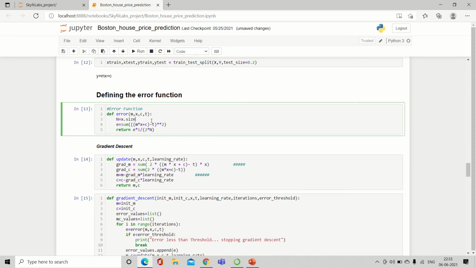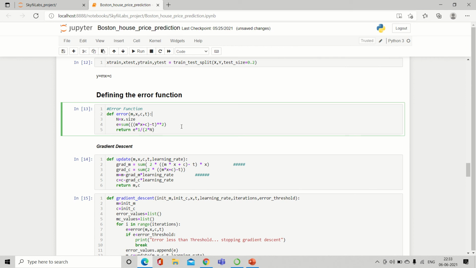So here we are going to define the error function. The parameters for error function are m, x, c, and t. Here m is the slope, x is the training value, c is the intercept, and t is the target value.